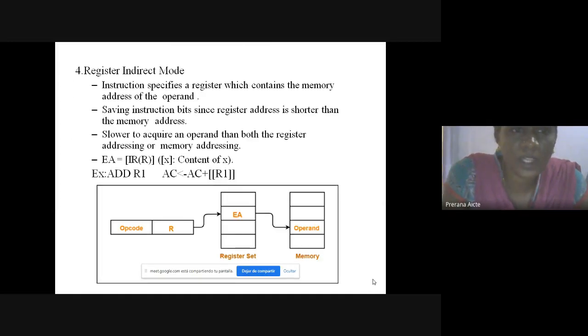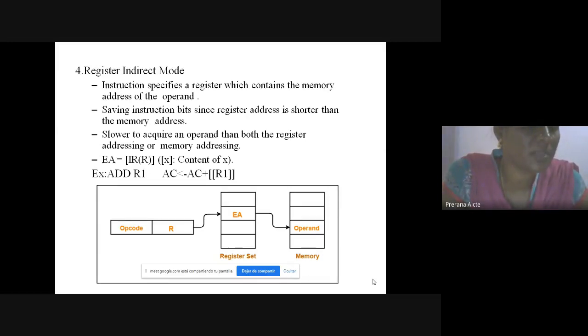And next one, register indirect addressing mode. In register indirect addressing mode, the address part of the instruction contains a register name that contains the effective address.